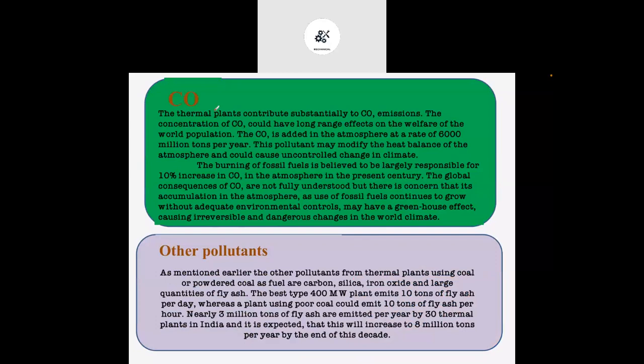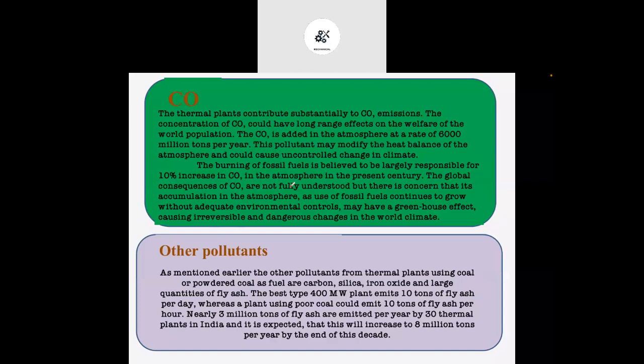Carbon monoxide is again one of the dangerous ones. It causes global warming. It is again dangerous to the human body. When this is added into the atmosphere, it will pollute the atmosphere. It will cause a heat imbalance in the atmosphere, and that will again increase the global warming